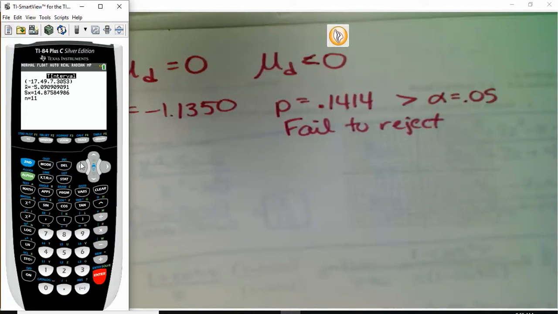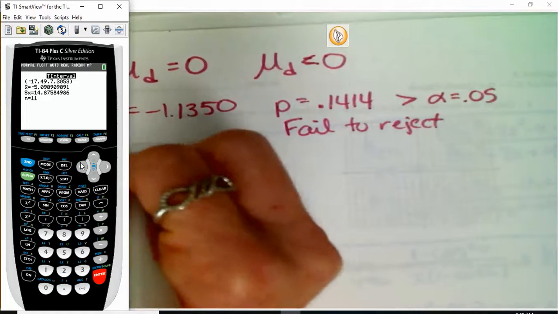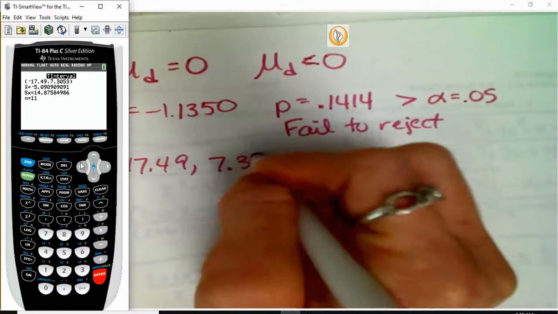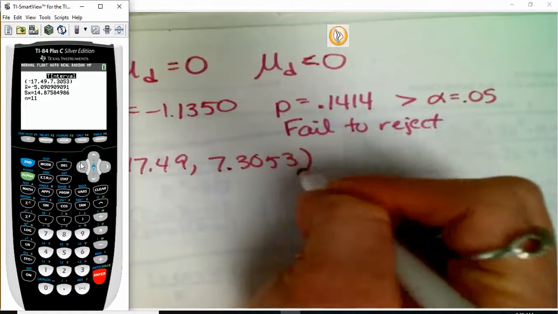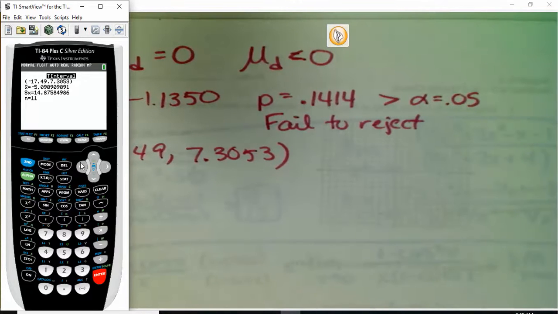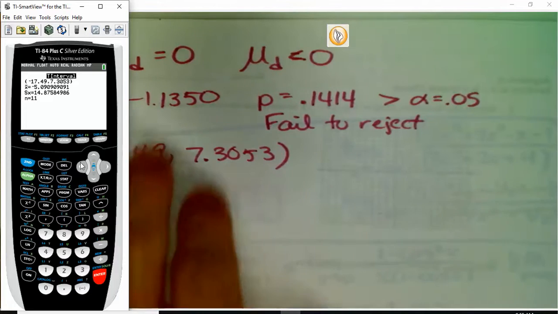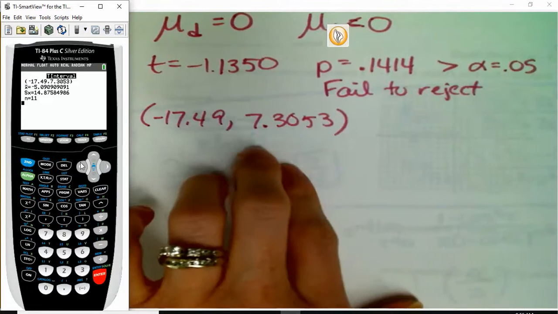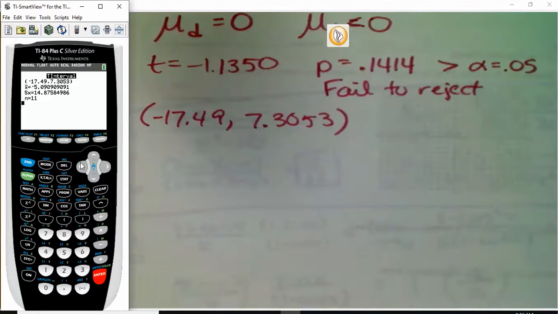Calculate. And we get negative 17.49, comma, 7.3053. Okay, interpret that, so that means we are 98% confident the difference in the means falls between these two numbers. I'm not going to write that sentence out, but